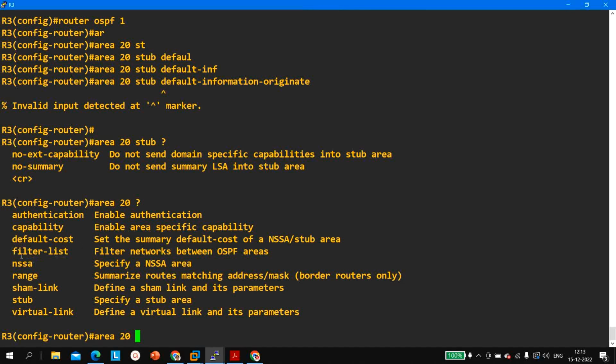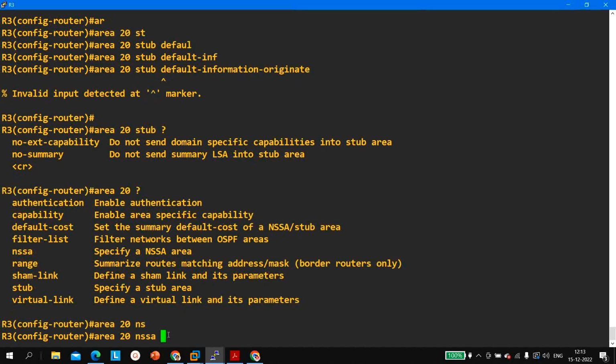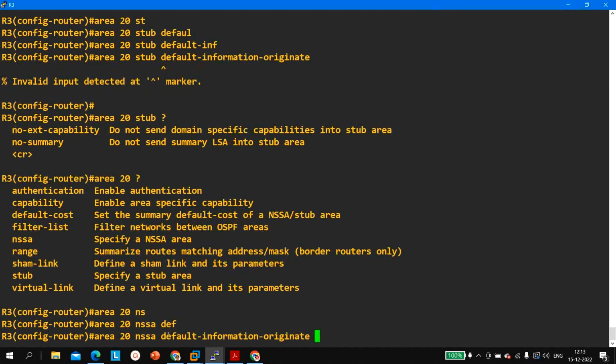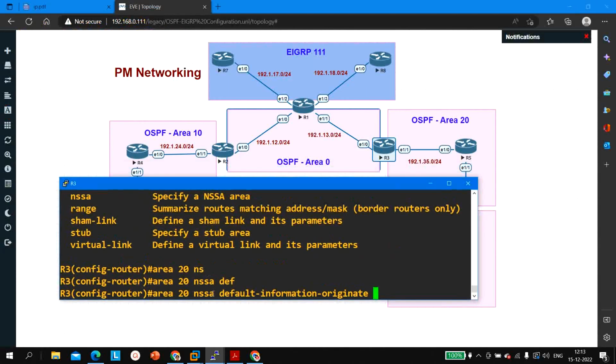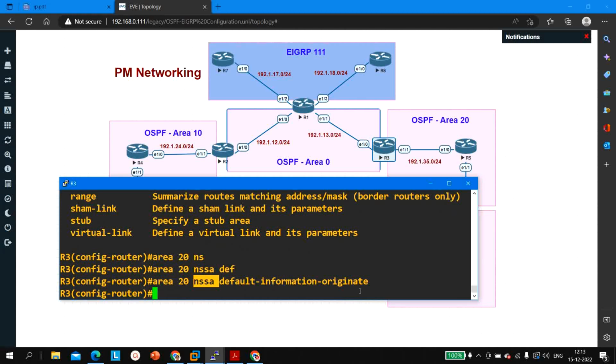Okay, default. Okay, so here it is, default-information-originate. So it was my mistake, here I was writing stub. Okay, now